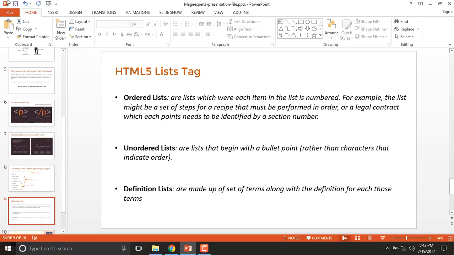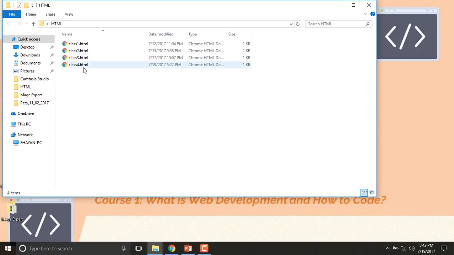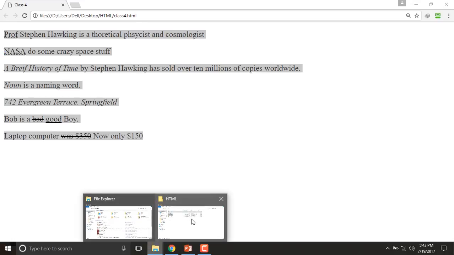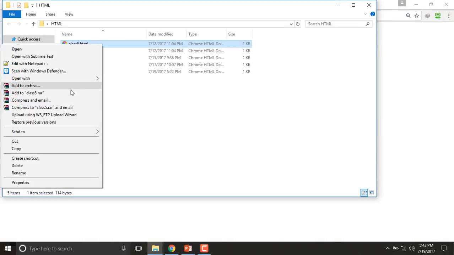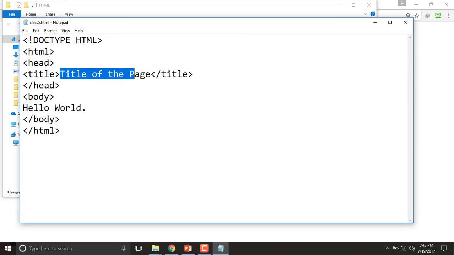First of all, it is the ordered list. Let's follow the same steps like always. Open the HTML folder. I'm copying the class.html file and pasting it here. F2 for rename, class5.html. Okay, so I am going to open it with Notepad. Changing the title of this class as